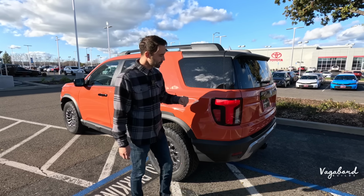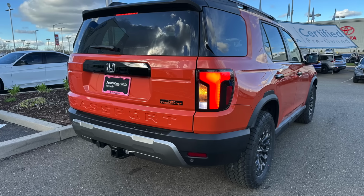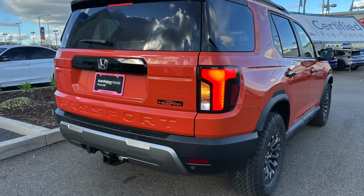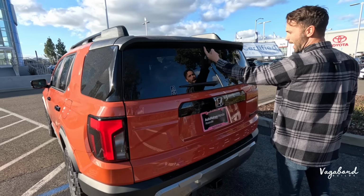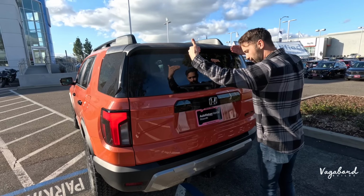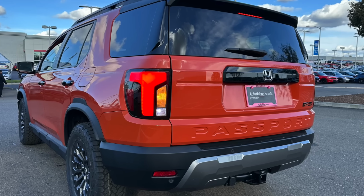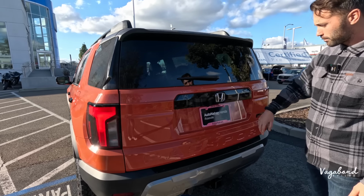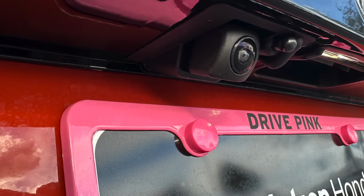Now over to the rear, LED taillights, but the backup lights and the parking lights are the halogen bulbs. Up top, spoiler with the back glass washer. Now this is a very vertical, kind of straight back. We have the wiper there for that glass. High gloss black trim. Dropping down, backup camera with the washer for that backup camera, which shoots us over to